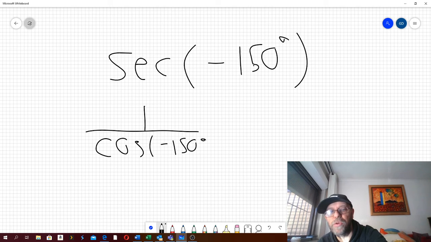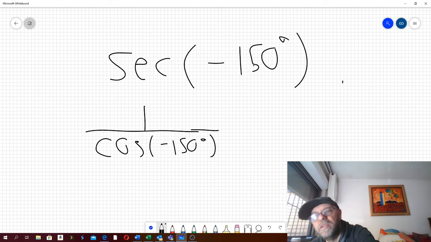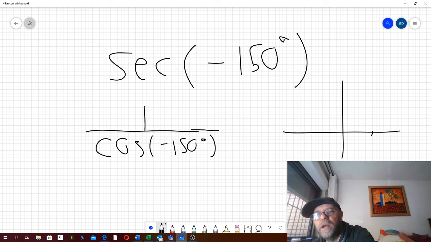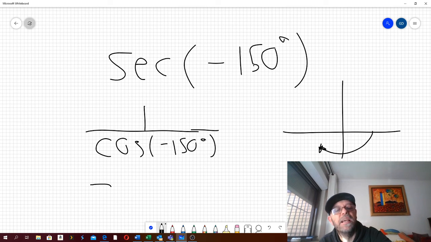You see how I changed the ratio so that I put 1 over the whole thing. Now, where's minus 150? Going 150 degrees gets me to quadrant 3, and cos is negative in quadrant 3, so this would be the same as the negative